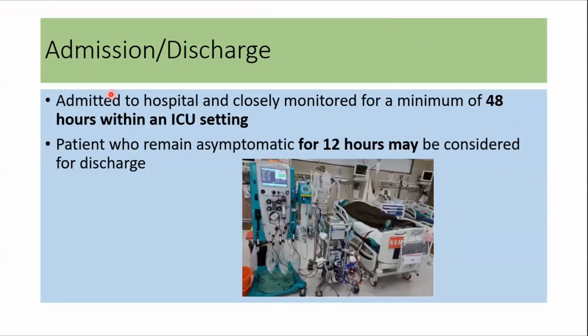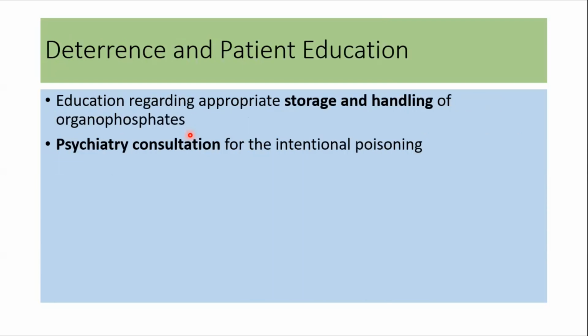So all patients should be admitted to the hospital and closely monitored for a minimum of 48 hours within an ICU setting. If the patient remains asymptomatic for 12 hours, they can be considered for discharge. And during discharge, patients should be educated regarding the appropriate storage and handling of organophosphates, and psychiatric consultation is required for